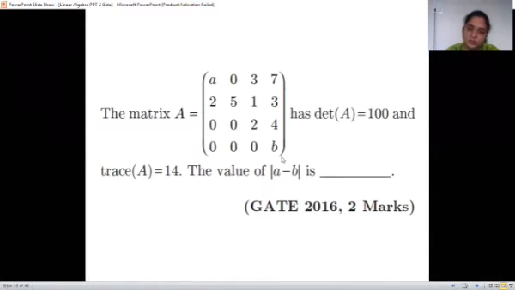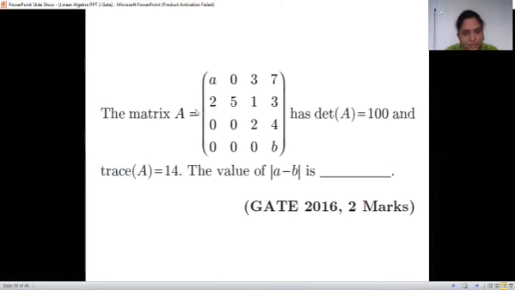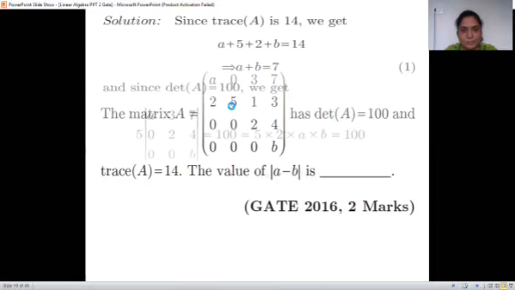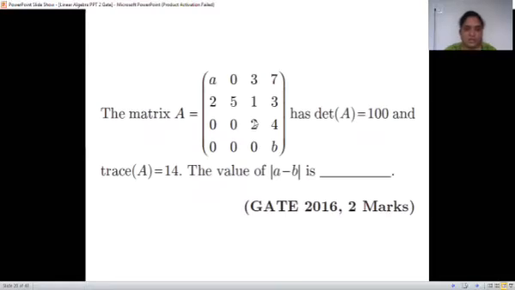Diagonal, they have considered as eigenvalues. But as there is 2, this is not the upper triangular matrix. First of all, you have to reduce it. So this is 5A, not considered. Trace is all the diagonals they have considered as eigenvalues. So A plus B, from that equation we get 7.